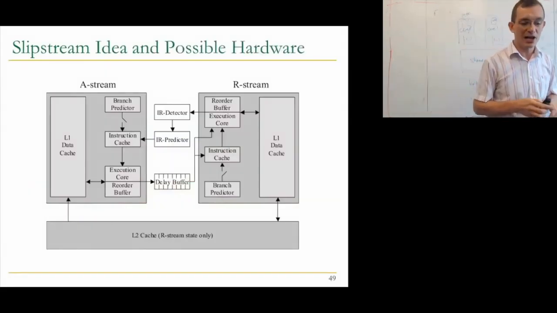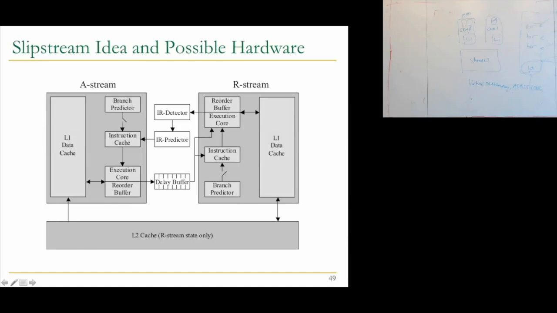This is one possible hardware. I'm not going to go into this in a lot of detail, but this could be a multi-core engine. This is one core executing the A stream. This is another core executing the R stream. Basically, the advanced stream